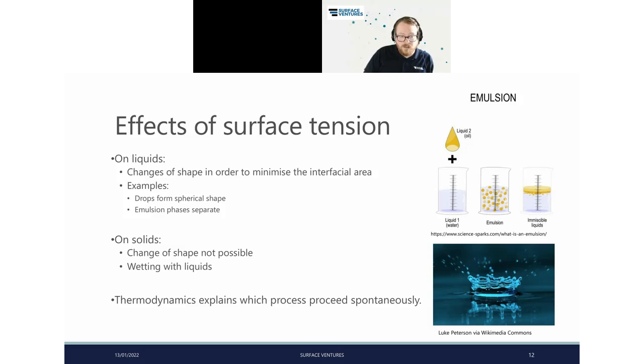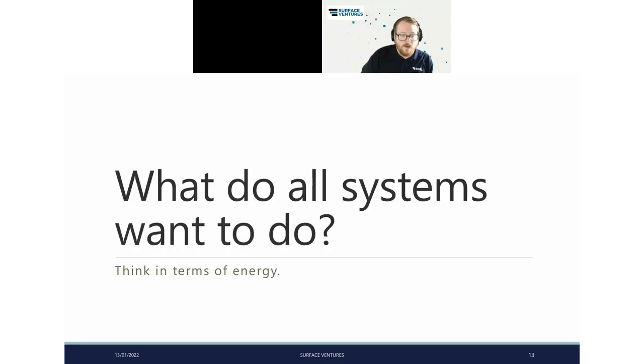On solids, this change of shape is typically not possible. The bonds are far stronger. So the effect of surface tension on a solid would be the wetting with a separate phase, a separate liquid. And thermodynamically, we can explain that these processes will proceed spontaneously. It is thermodynamically favorable to do so. And I've talked about this a little bit already, but what do all systems want to do in terms of thermodynamics? If you think,